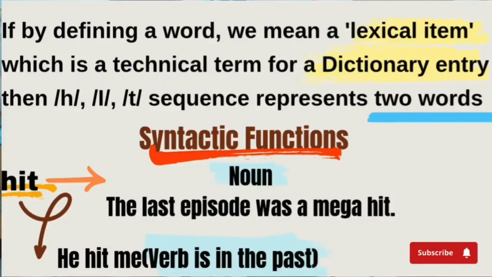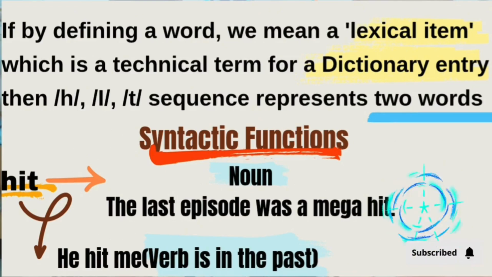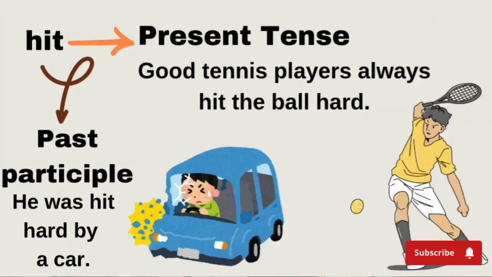Now let's look at the syntactic functions or the syntactic rules, that is, its function within a sentence. What function does this sequence hit perform within a sentence? Hit may represent any of the 4 possible syntactic functions in a sentence. Number 1 is a noun. It can be a noun. For example, the last episode of the drama serial was a mega hit, or it was a big hit. Here the term hit is acting as a noun. Number 2, the present tense. Good tennis players hit balls hard. Here the verb hit represents